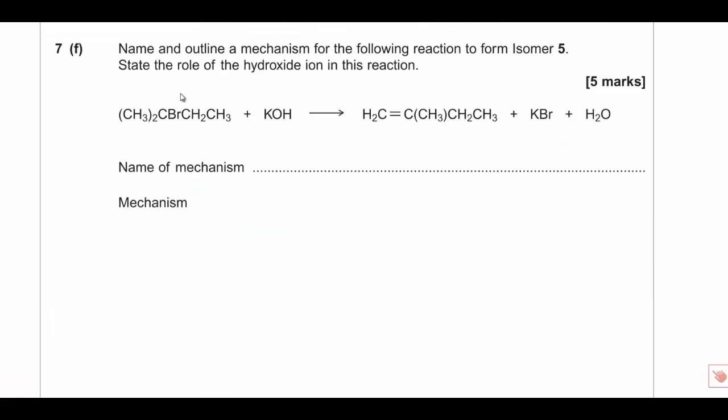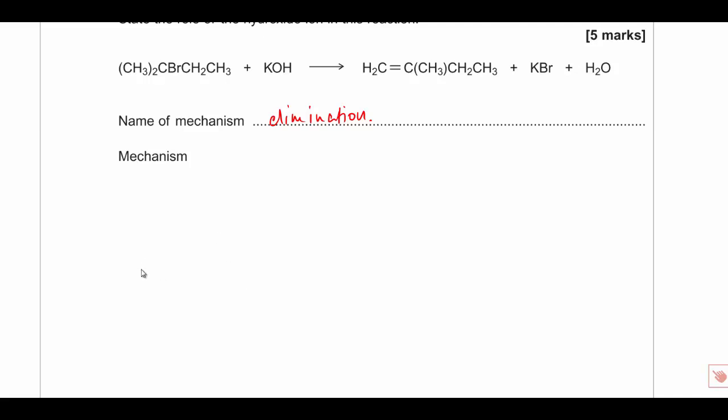So we're starting with a haloalkane, and we are ending with an alkene. Therefore, the type of mechanism has got to be elimination. Stuff is being lost here. We are having stuff ejected. So let's start with our molecule. So we're going to have a C, Br,